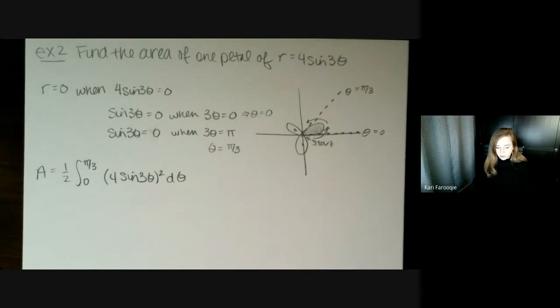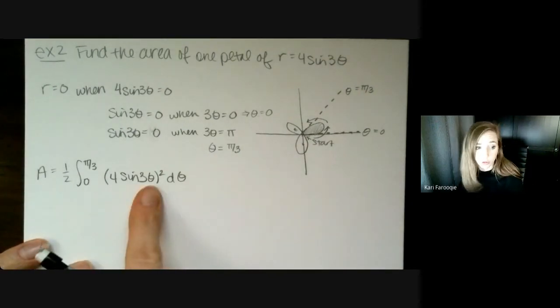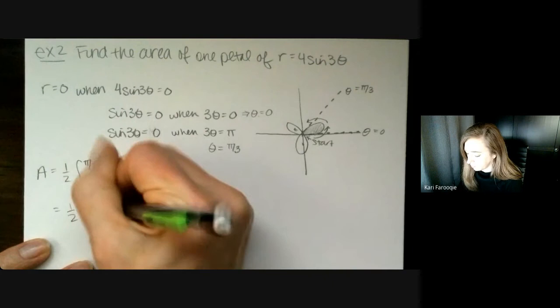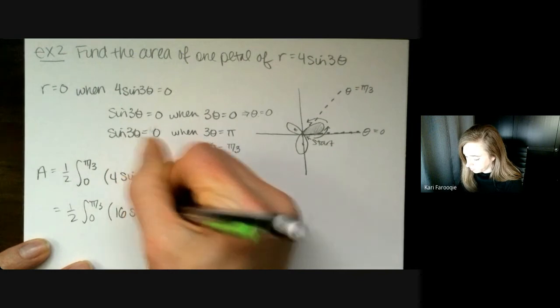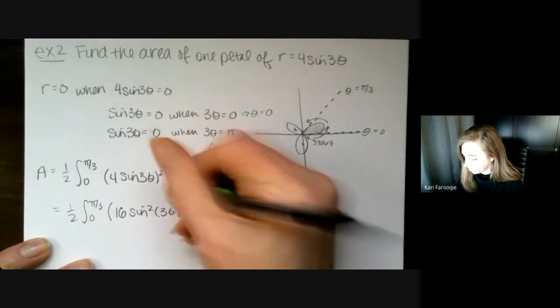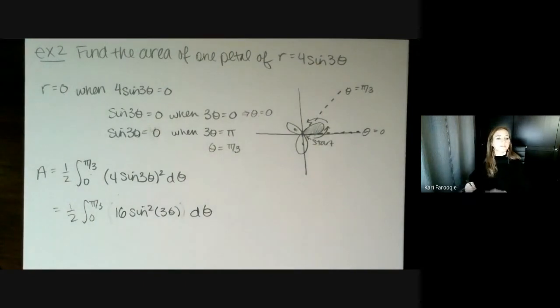Terrific, terrific. Okay, I'm going to simplify this. I just am taking a product to a power, so I'm going to apply that power to each factor in the product. So this is going to be 16 times sine squared 3 theta d theta. Technically, we don't need these parentheses. If it's too much, take them away. And we can do this because we have a product to a power, not a sum or difference to a power. In the last example, we had to FOIL that out because we were adding 2 terms together.